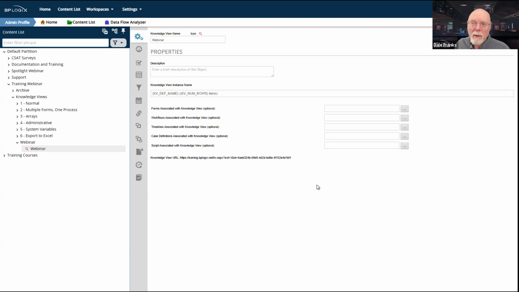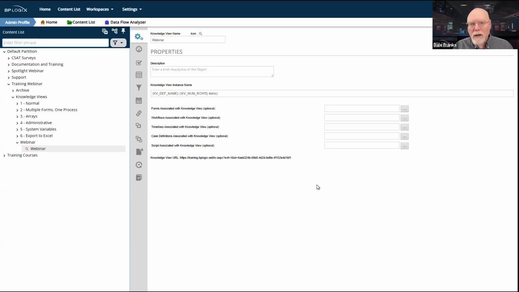And in most cases, probably less. I mean, there are people like me who don't take a lot of time off. And when they do, they take big chunks. And so they might only have 1 or 2 leave requests per year. So that knowledge view is never going to return a lot of data for that individual user. But of course, you have to tailor it for that user.